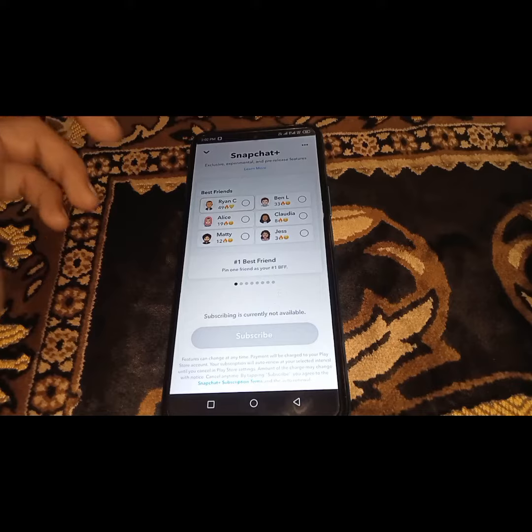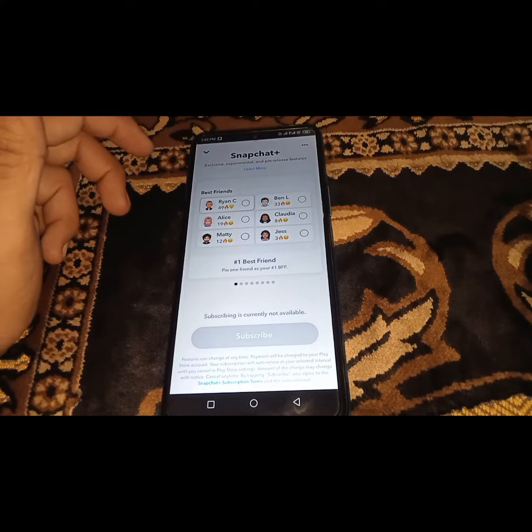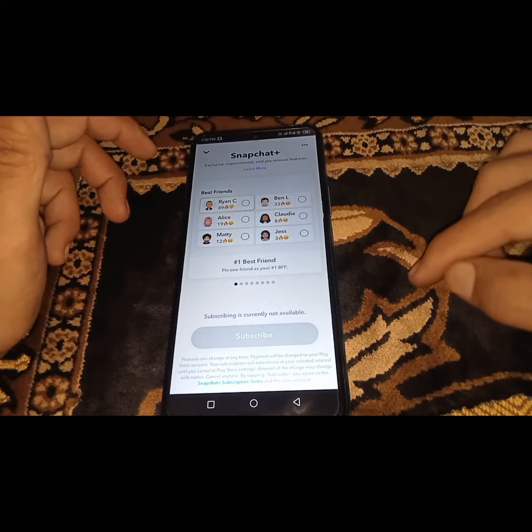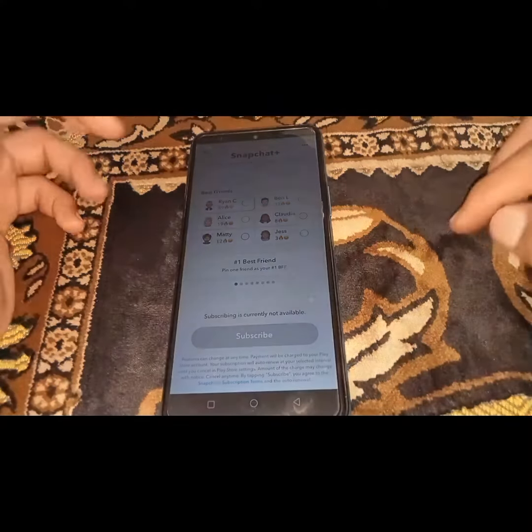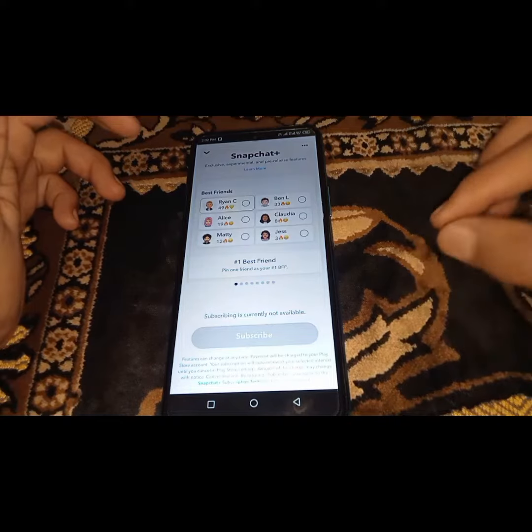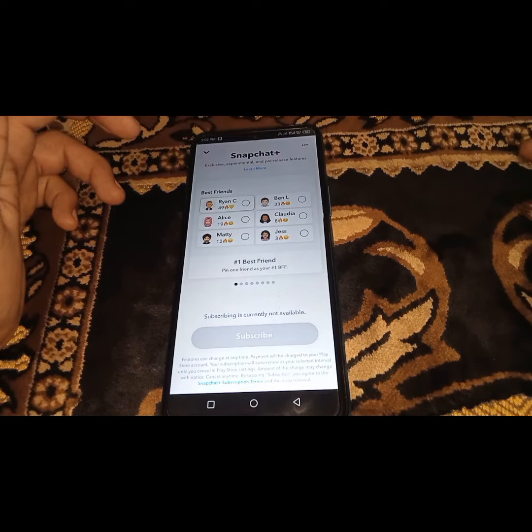account. So guys, if you have created two accounts with the same email and you are using your newest account, then it means you won't be able to see the subscription option from here. So you have to use your older account and if you're still facing the error guys, then what you need to